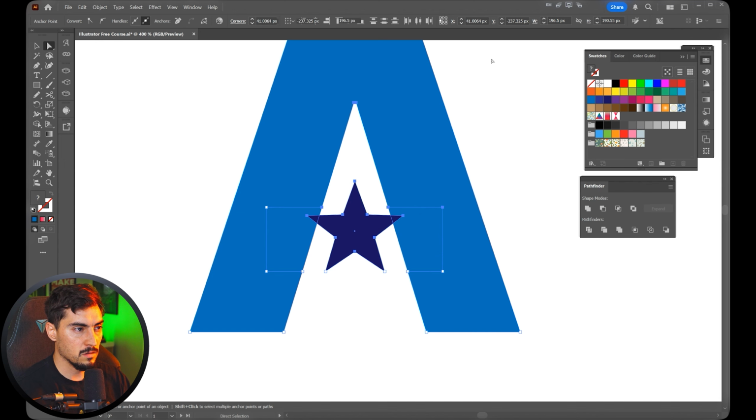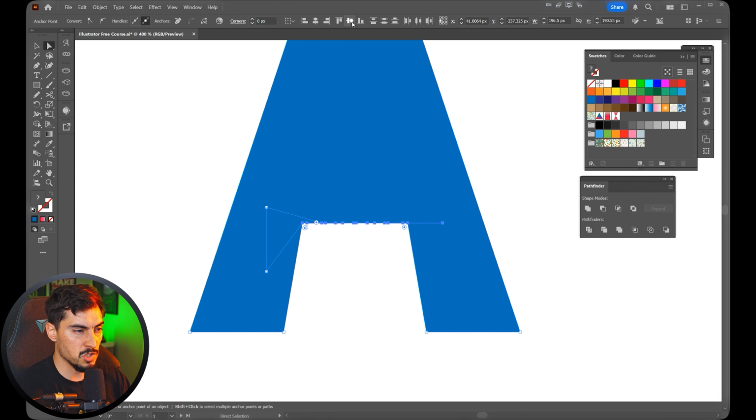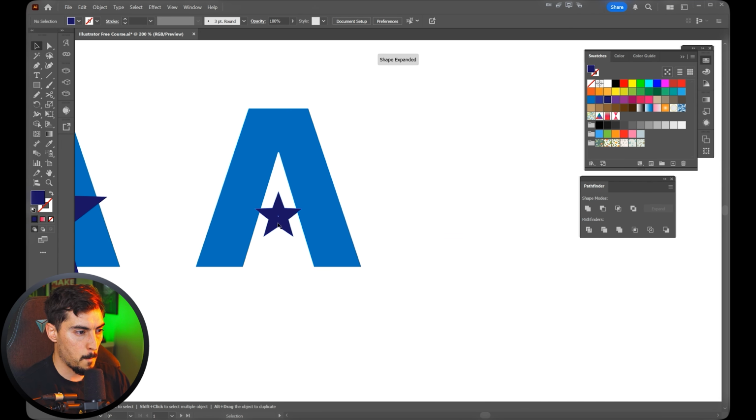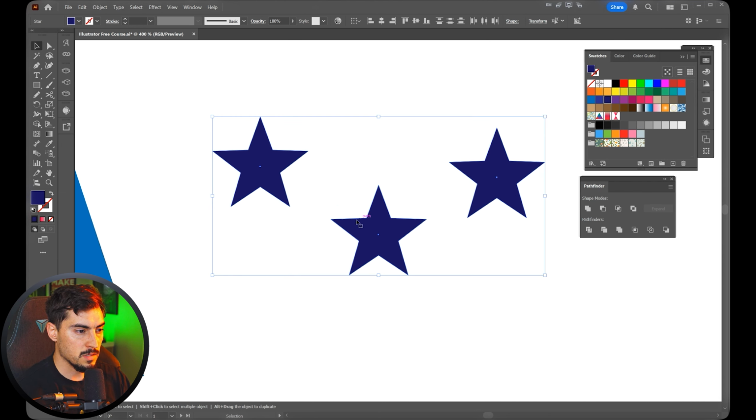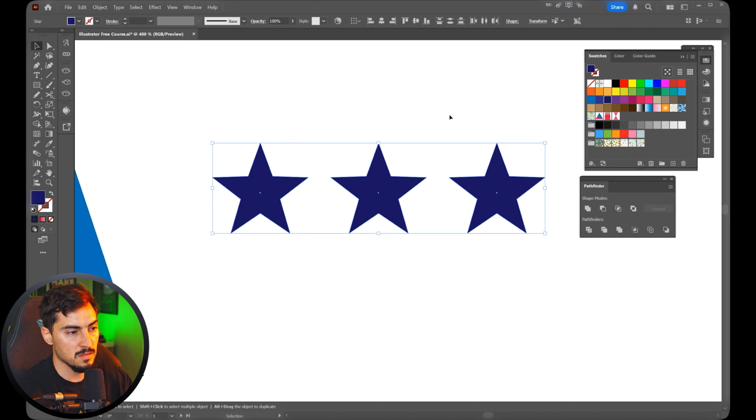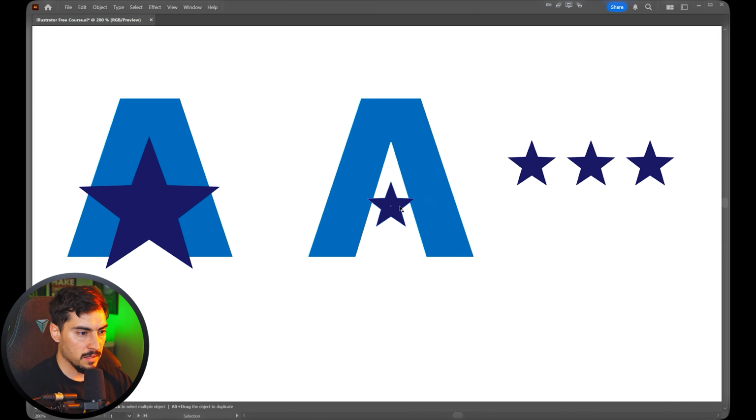You've also got right aligned, and you've also got distributions, so for example, let's say I do this, I can select this, and if I distribute going in the center, it will do this. And if I center the stars, it will center that. And you can do different distributions here. Really cool, love that. And yeah, that's how I would